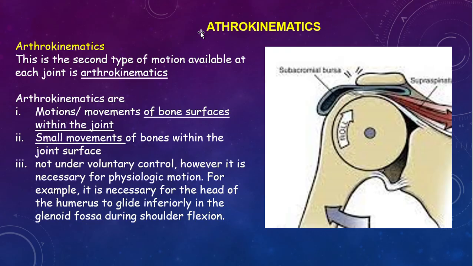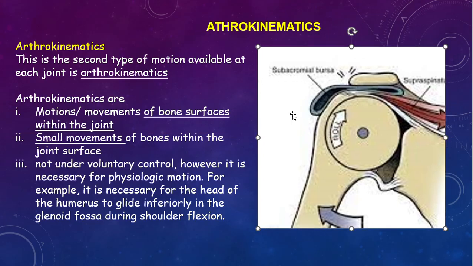Now we have to talk about arthrokinematics. Like the word arthrokinematics implies, arthro suggests joints. Kinematics is movements. If you have a look at this diagram of arthrokinematics, where we discuss abduction, as the arm is elevated and lifted up away from the body, you also see the head of humerus rolling inside the joint. So that implies that it's not just the movement outside of the joint alone that takes place. When we move different parts of the bone, there is also component movement that takes place inside the joint. And that's what we call